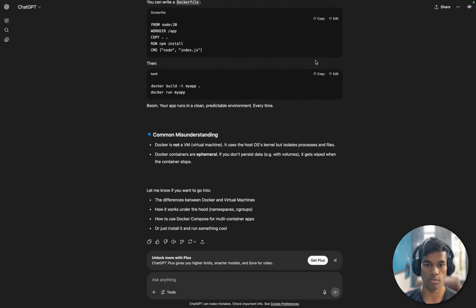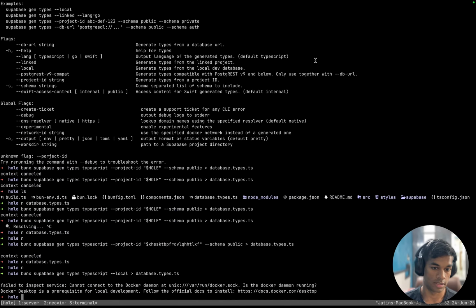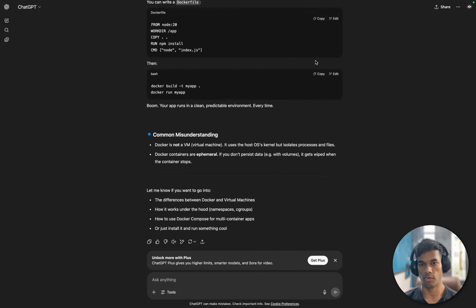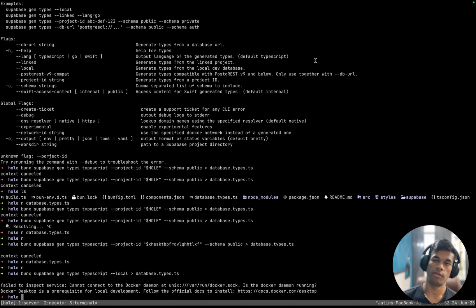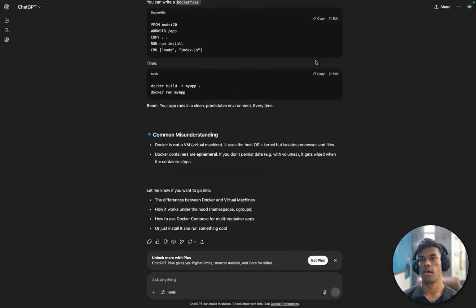And I guess I will be ending my stream in just 2 minutes because this thing is not working. I have to set up Docker first, get the types, and then start working on the application, starting directly on the front end. I am now able to get data from the Supabase database in a secure way, in a way that it is only readable, and I am the only one who can upload data there. So that is pretty cool.